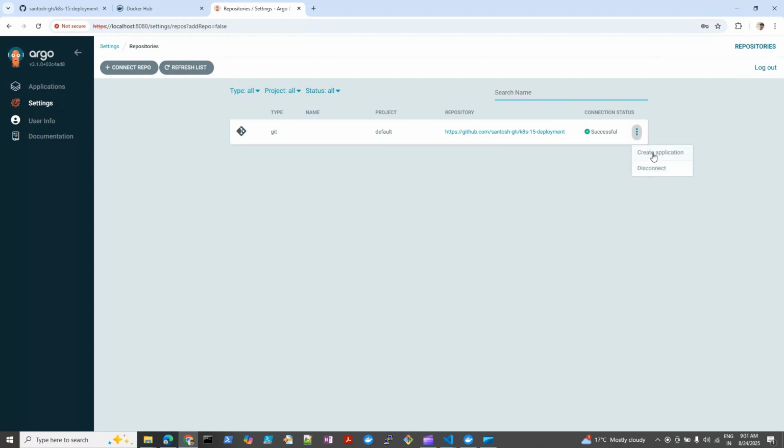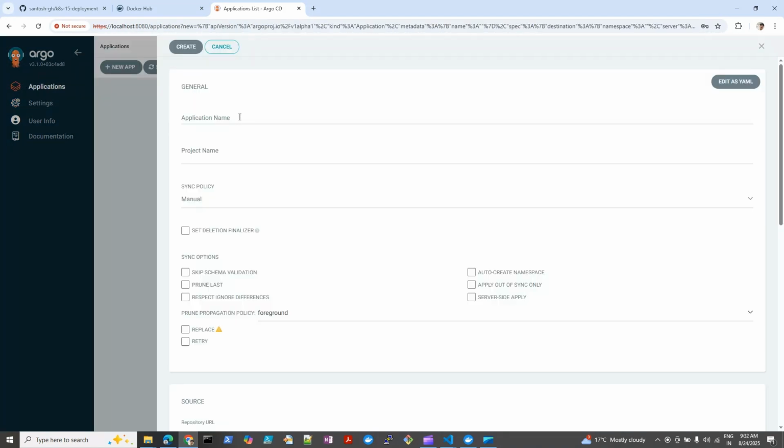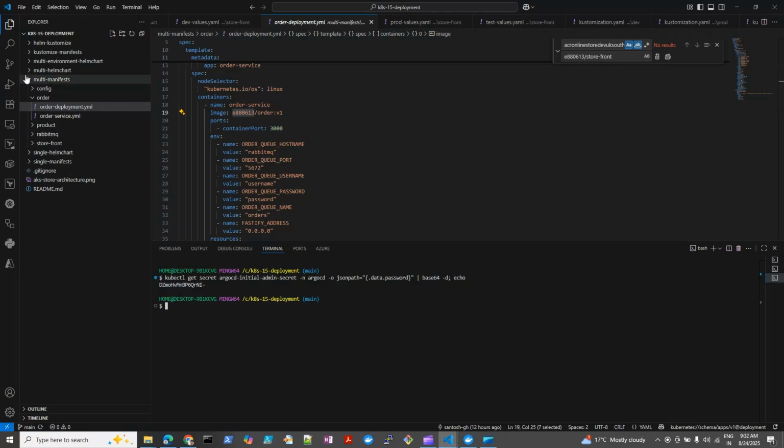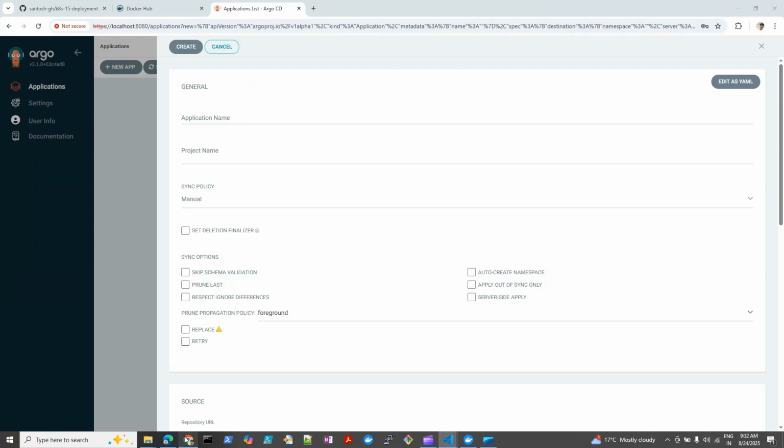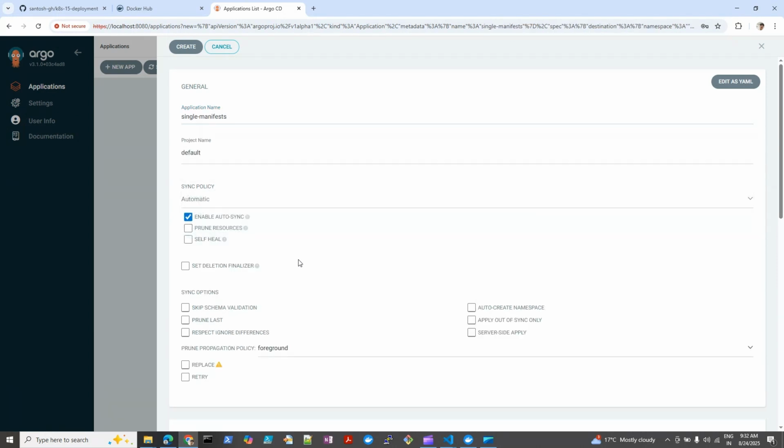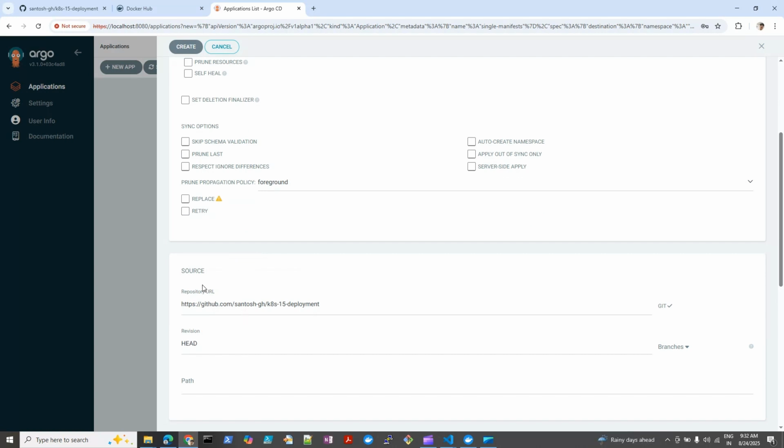Now we can create an application. Okay, so suppose we want to deploy this single manifest. We'll take the single manifest where all the services are there, right? So we can take the single manifest. Let the application name be single manifest. Okay, project, I'll take default one. Let it automatically sync. And this will automatically use our